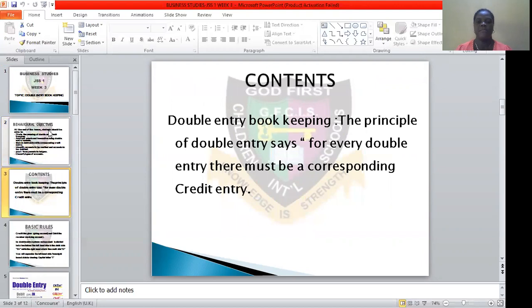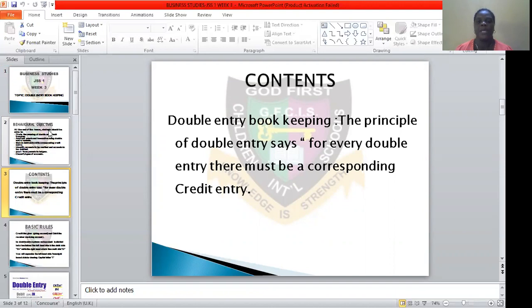The meaning of double entry system. Before we go into it, I've always told you that in business studies, two people are always involved in every business transaction. And the people involved include the buyer and the seller, or the supplier and the receiver. As well, it can be the giver and the receiver. So we'll be able to drive home the point of double entry